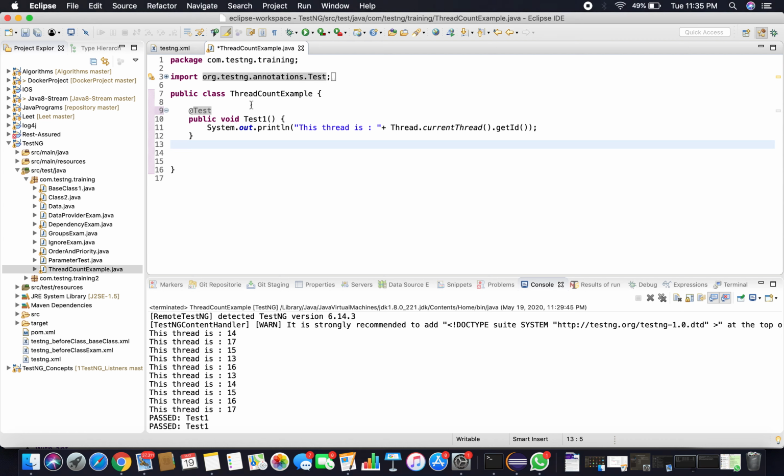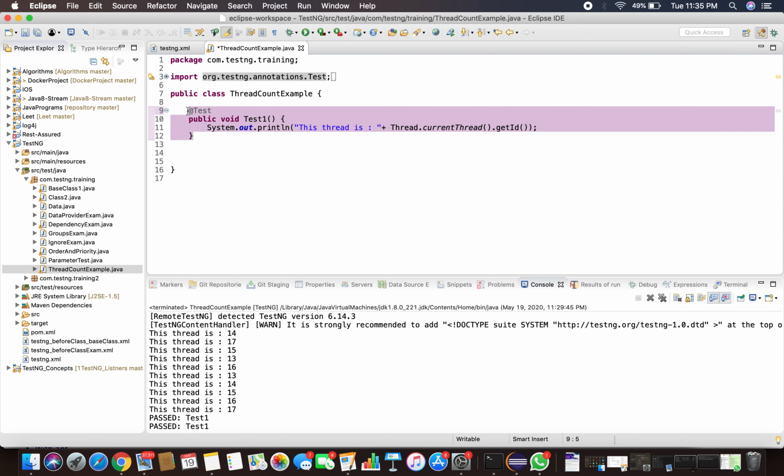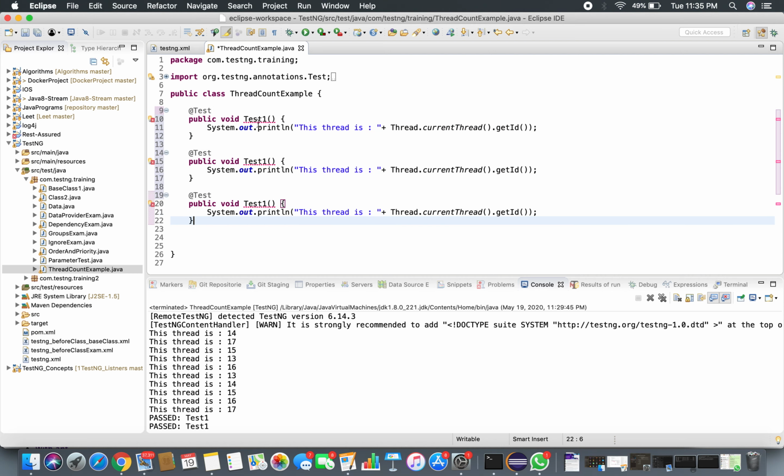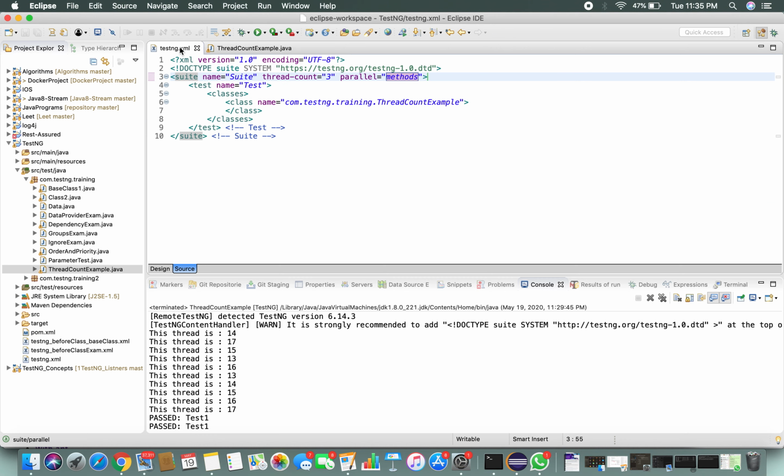Okay, I have a thread count example class created and I have one test case. Let me create more test cases here. Okay, I have 3 test cases. If you look at the TestNG XML, the thread count is 3 and parallel is methods.